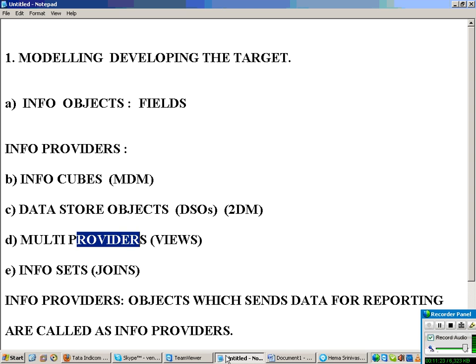That and all you'll understand later. So a cube is denormalized. Now in R3 your data is stored in how many tables? Let us say normalized, right? So one transaction will not be stored in one single table there. Imagine a sales order. You have a header table, item table, schedule line table. This you will understand later. So you have data in multiple tables there for one transaction.